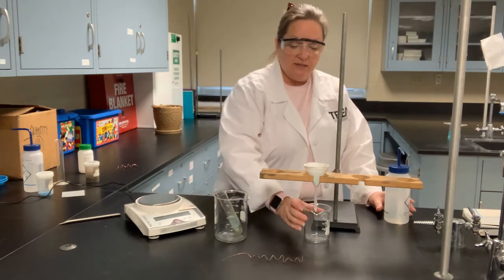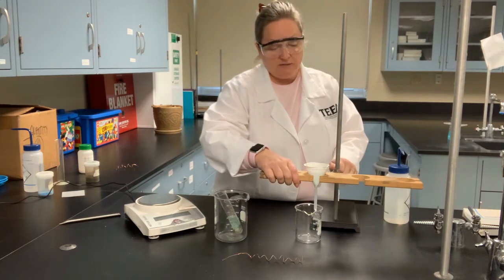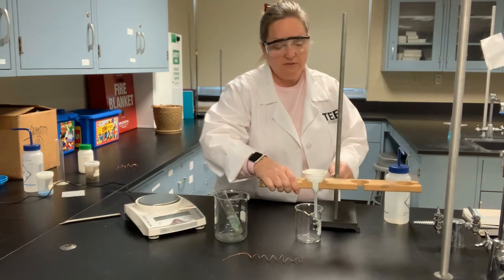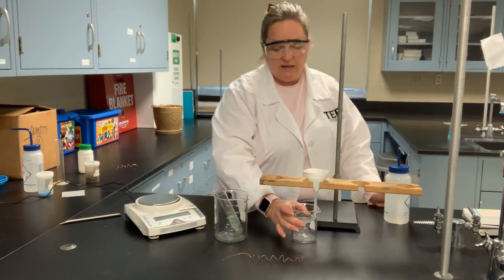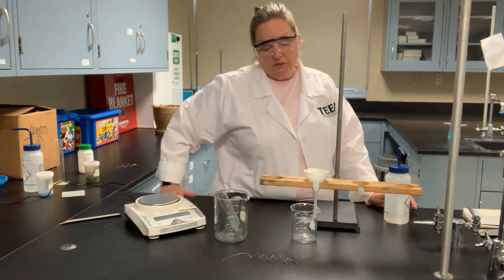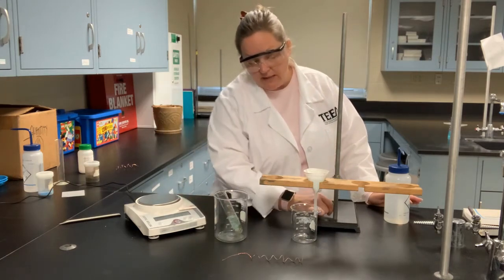Now, filtration isn't a real quick process a lot of the times, but what I can do here is lower my funnel stand just the tiniest bit so that the stem of my funnel is down in the beaker a little bit more, and then I can touch the stem of the funnel to the side of the beaker. Sometimes this will hasten the filtration a little bit. It doesn't make a huge difference, but it can get it moving a little more quickly,